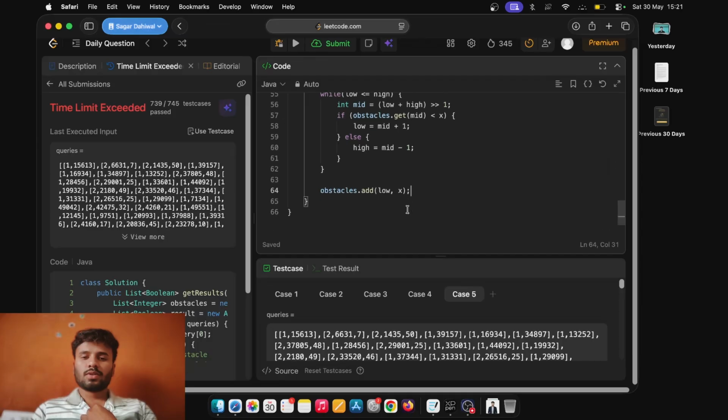If we are adding this, and the size is, let's say, greater than 2, then we can check the previous obstacle and the next obstacle, whatever the size. That will again take extra time. So actually, what we need is